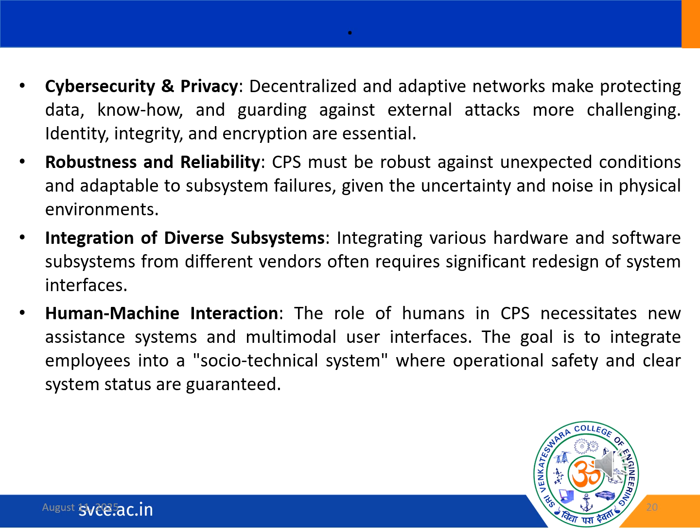It uses CPS systems to handle conditions which are unexpected, and it can be adaptable to subsystem failures. So we can use IoMT devices, autonomous vehicles, and smart grids are also used in these types of systems. So these types of systems operate in real world environments, and there are many types of environments.